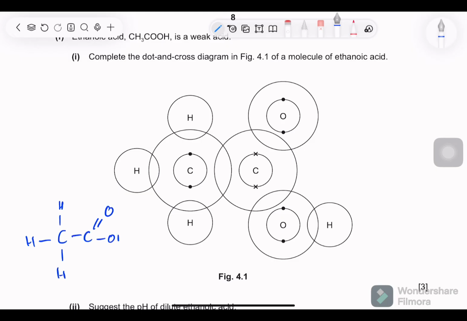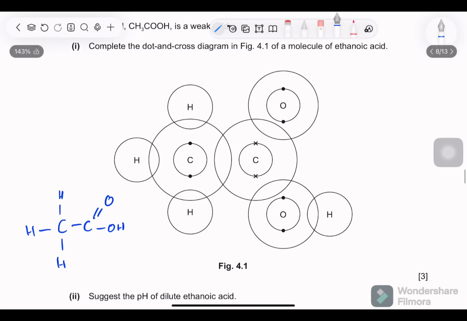COOH, the functional group of the carboxylic acid. So, a single bond with all three hydrogens, and the electrons of a carbon should be shown with a dot and cross. Hydrogen does not have a lone pair, as it only has one electron. Similarly over here, and with the other carbon also, the carbon has a single bond. So this gives us